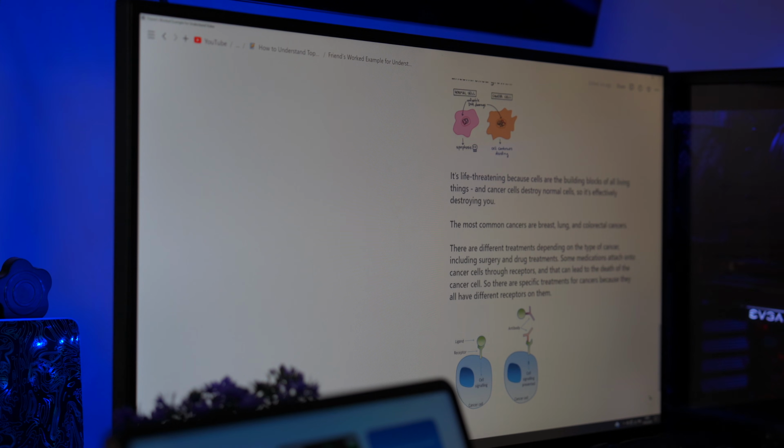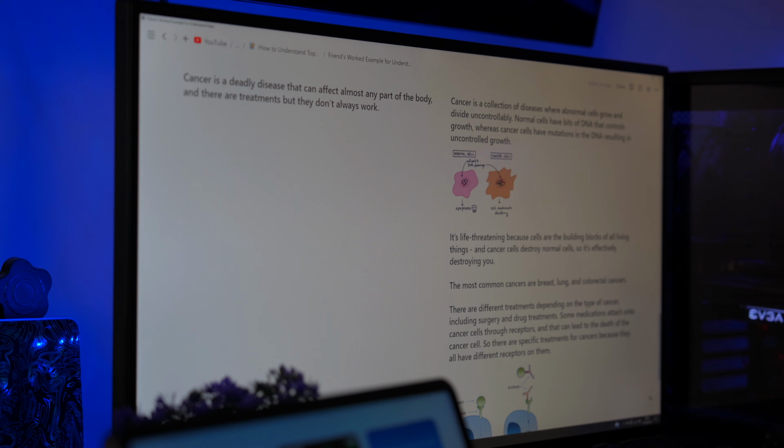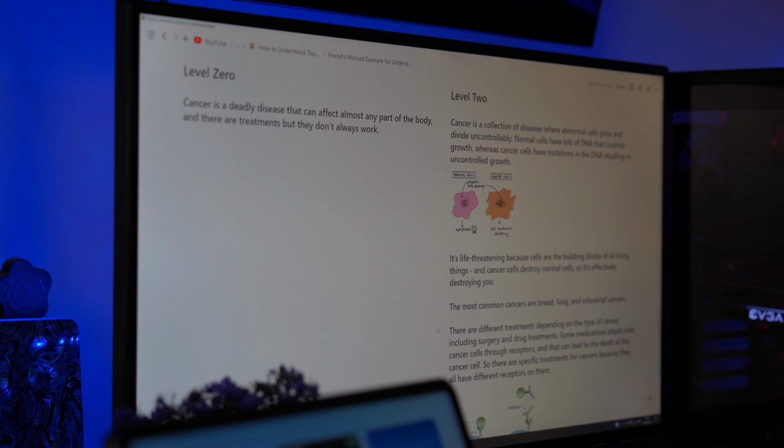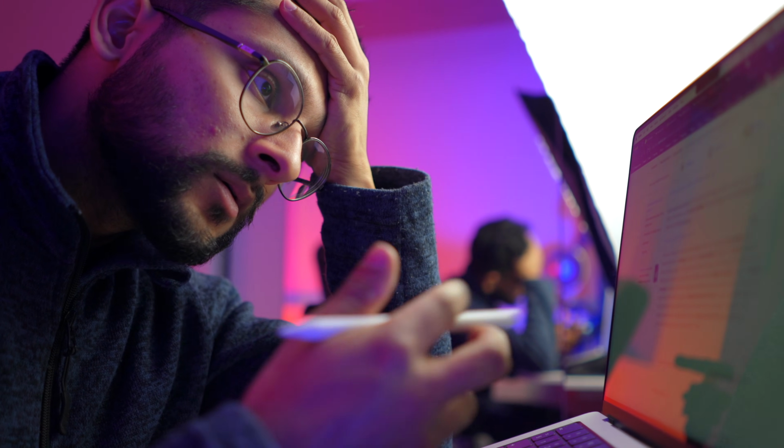This is just the first cycle of this technique, and it's still very simplified, but you can see the massive difference in understanding from less than 10 minutes of systematically searching for answers. And you might notice there are still some gaps, like what is DNA, what causes these mutations, or why are there receptors on cells. But that leads to the final part of the Feynman technique, which is where you refine